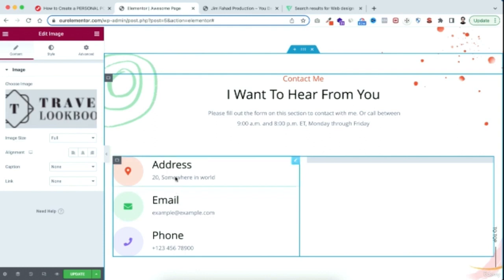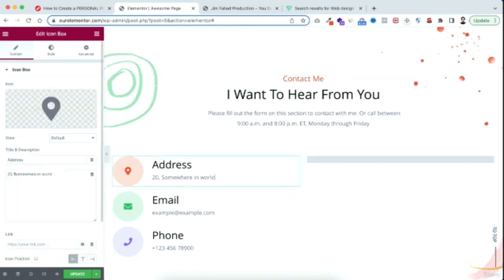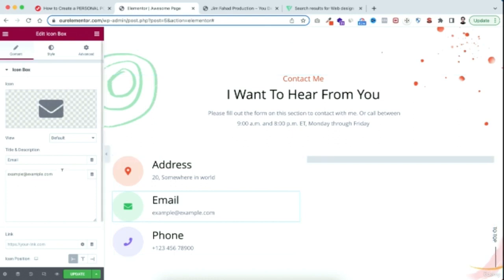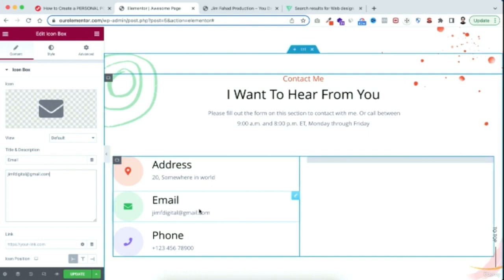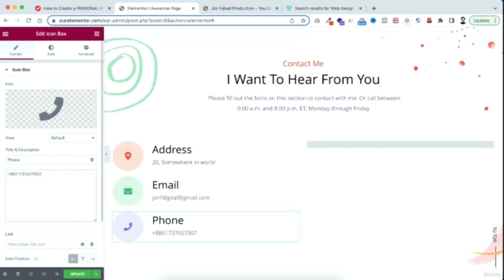Now from the left, if you want to change your address, just click over here, and instead of this "somewhere in world," you can put your real address here. Instead of this example email, you can write your exact email address. Like here I'm writing jimfdigital@gmail.com. Though I don't use this email regularly, so please don't email on this email. And then you can replace this dummy phone number with your real phone number like this. Alright,